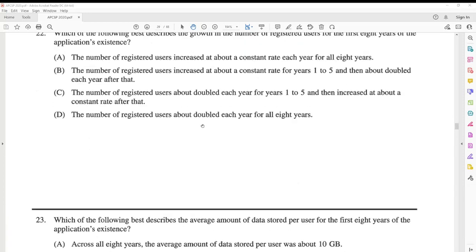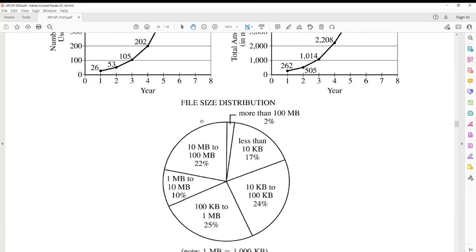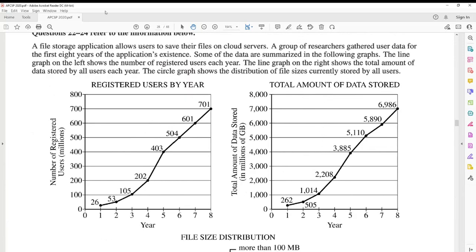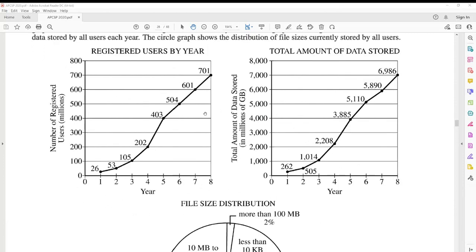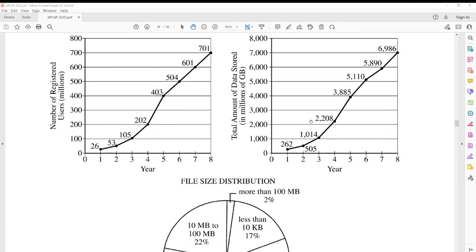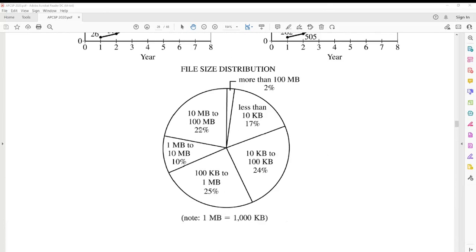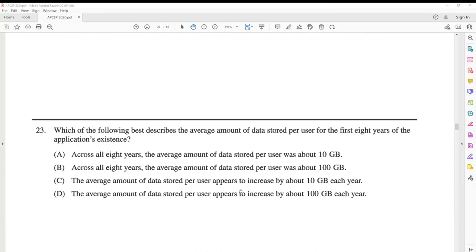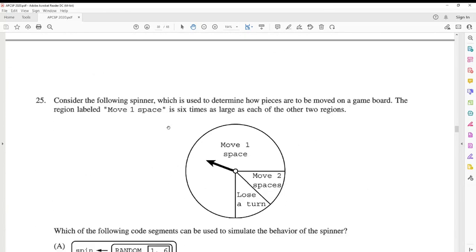So the technique we learn from here is, number one, you compare the trending to find out the ratio between these two maps. Number two, we use division for each user to know their per person or per file size each year. Third one, you need to be able to read the pie chart, which portion is bigger than what.